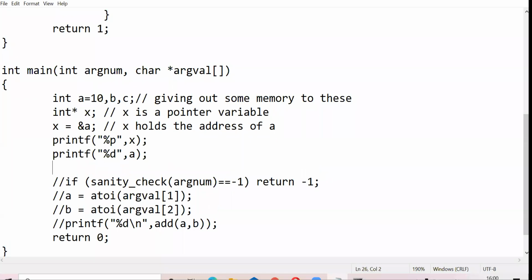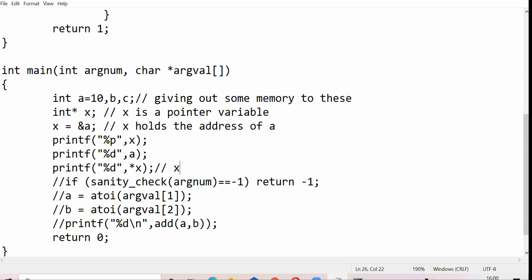Another way to do it is, since now we know that this X is holding the address of A, I might want to know what is stored at this address, right? So for that, we can use a star operator, star X.